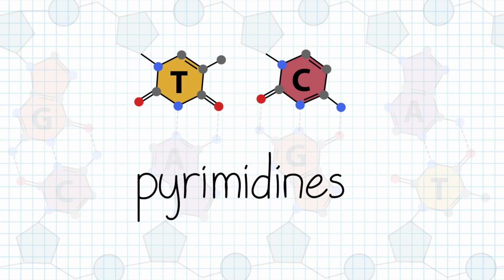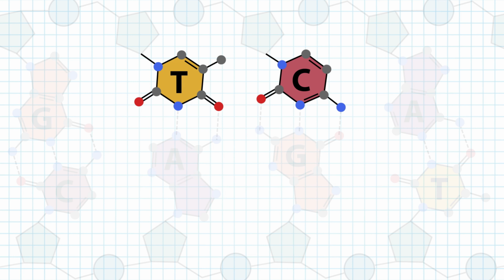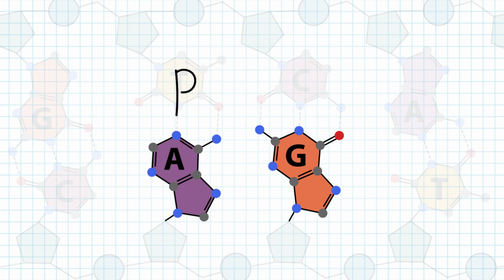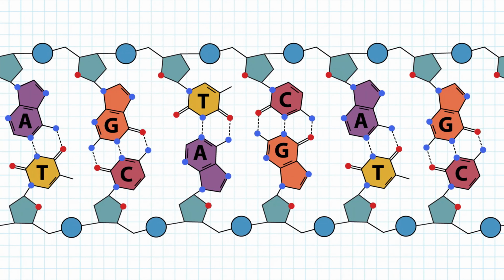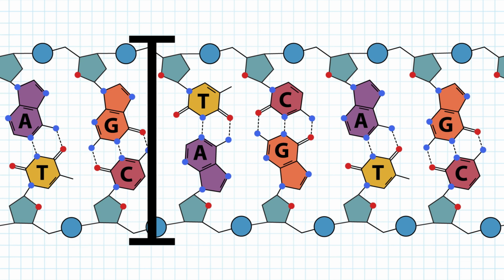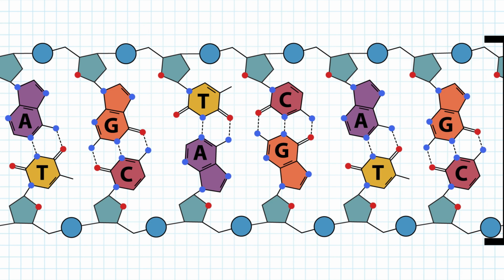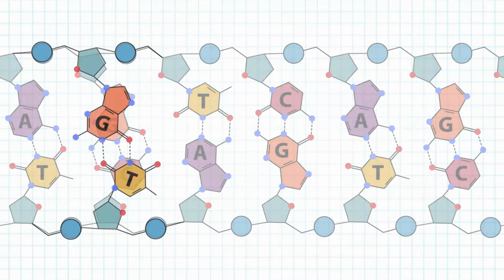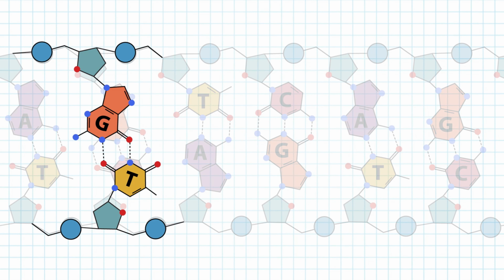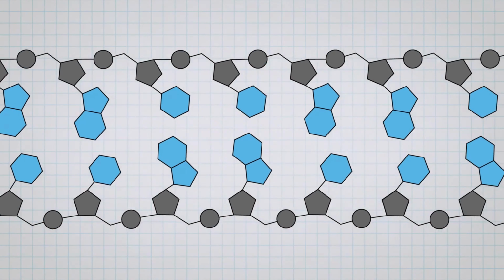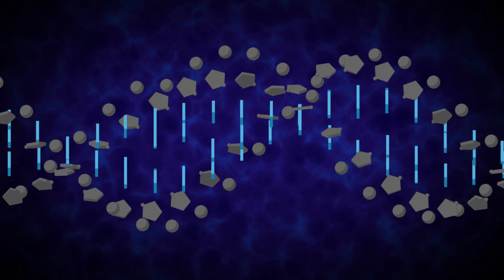Thymine and cytosine are called pyrimidines, characterized by their single ring structure, and adenine and guanine are called purines, which have double rings. The geometry of the AT or TA and GC or CG base pairs is the same, allowing for symmetry and base stacking in the helix. This mostly has to do with the distance between the backbones and the angles to which the bases attach to the backbone. Other base pairs, like GT for example, do not have the same geometry, cannot form strong hydrogen bonds, and disturb the helix.